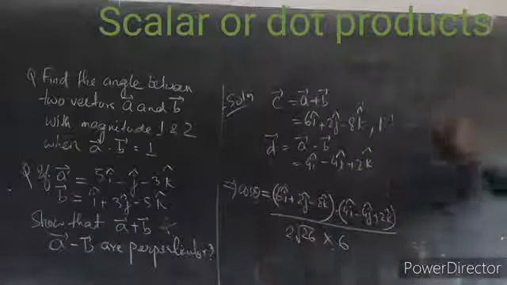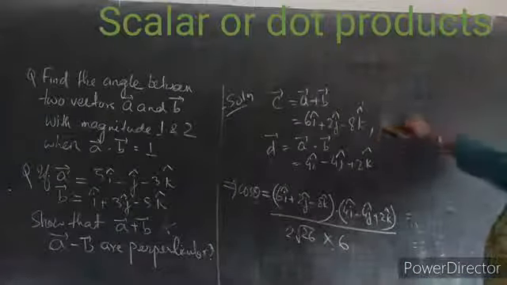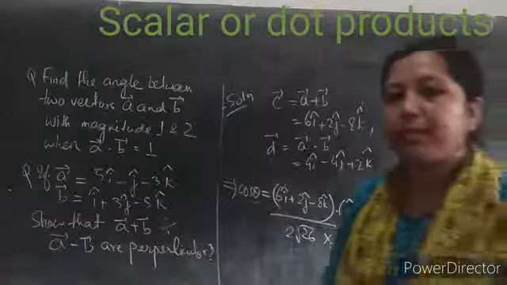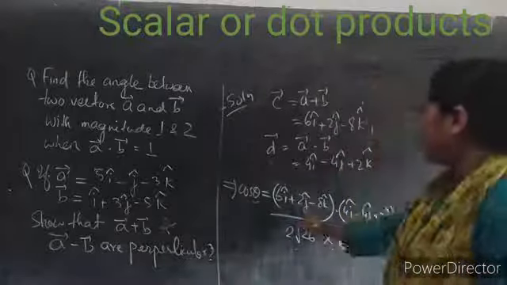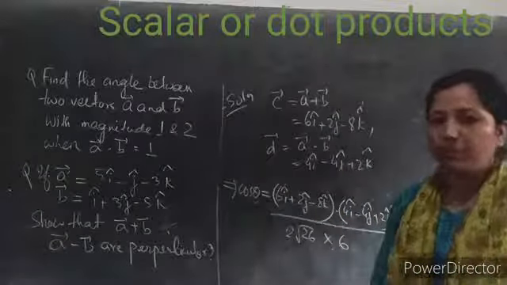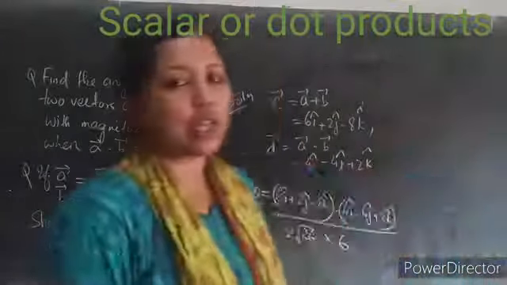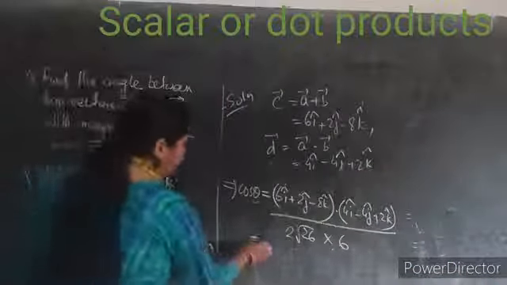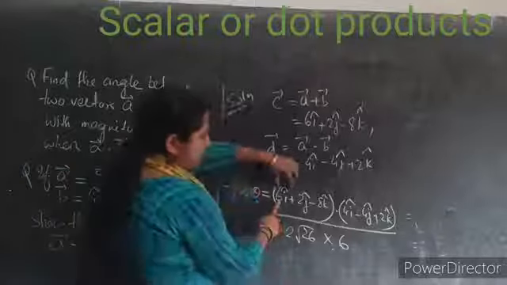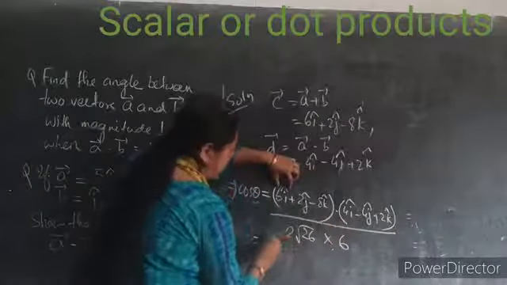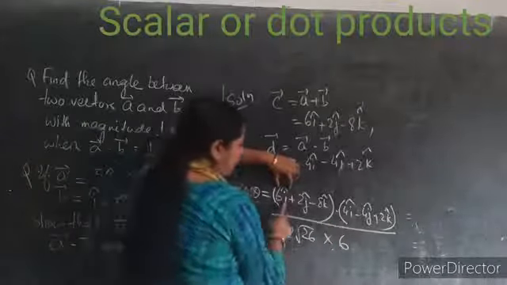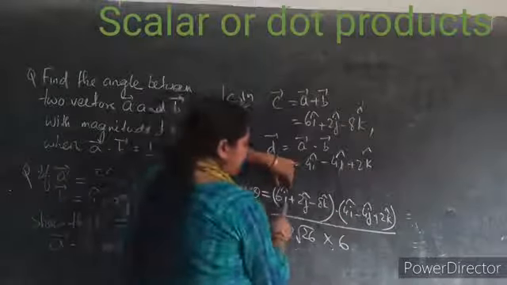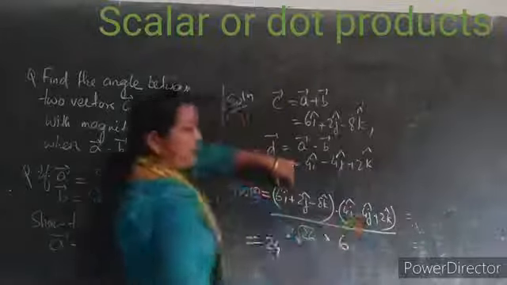Now see here, yesterday I taught a concept, that in case of dot product, same cap, that is i cap into i cap, will be given as 1, or j cap into j cap will be 1, or k cap dot k cap will be 1. So here what you have to do is, if you multiply now 6 i cap with this, you will get 24, because i cap dot i cap is 1. But if you multiply 6 i cap with 4 j cap, you will get 0.